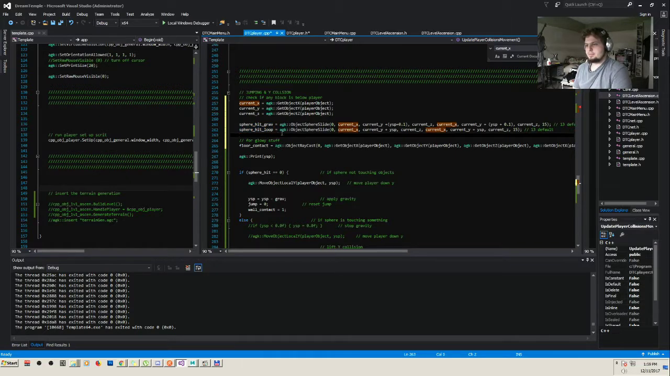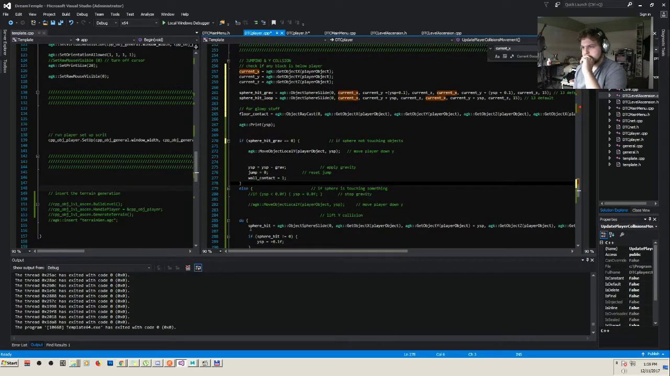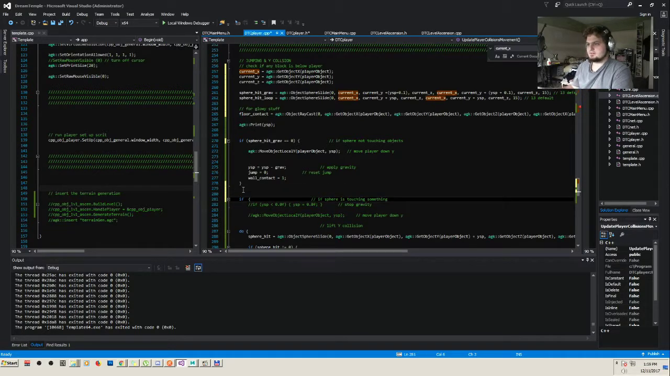So this one will check if there's a collision that needs to have gravity applied to it. As soon as we're above the threshold, gravity will be applied. This one, so if this one does not return a 0, which means that there's a collision,